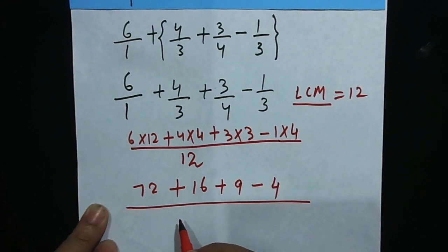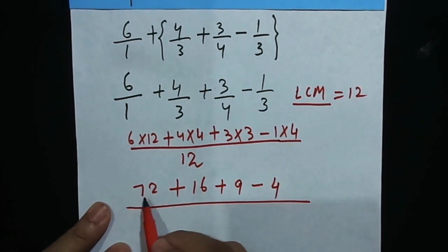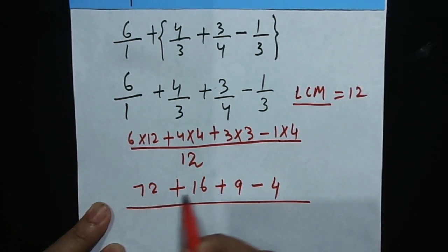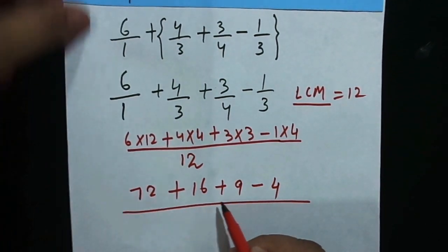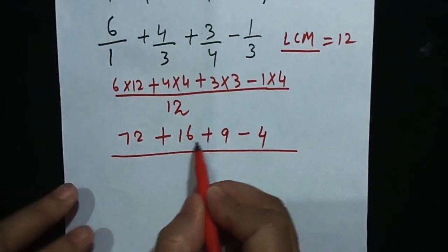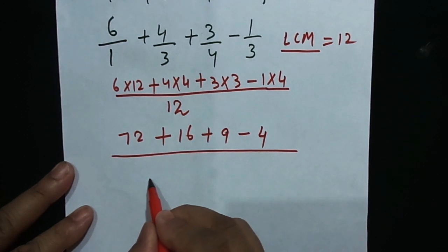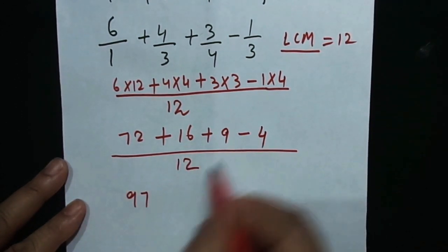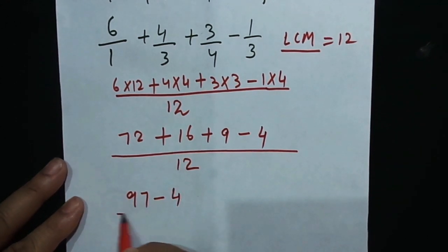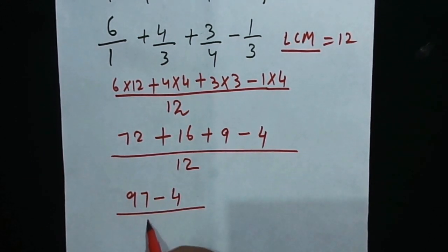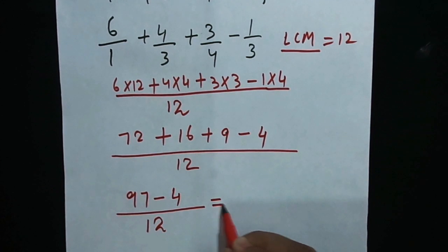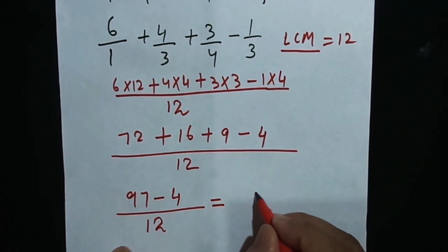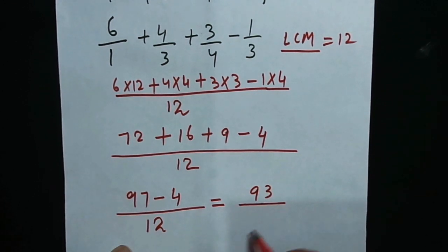What we are going to do, we shall be adding all these positive signs, 72, 16 and 9. So on adding them, what will I get? I'll get 97 minus 4 by 12 is equal to what? Equal to 93 by 12,